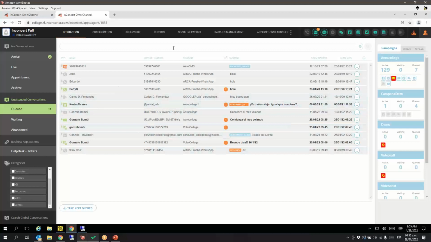Why? Because, for example, I can have a supervisor see on the queue every single chat, and maybe our supervisor can assign a label. For example, this is a claim, and maybe I am a user whose task is to go to this kind of